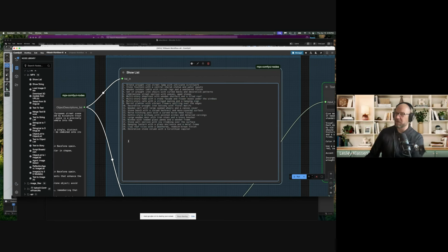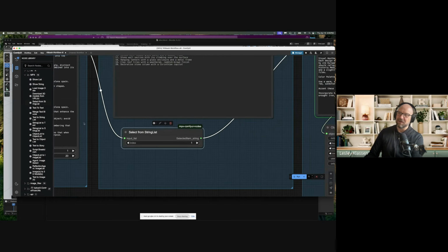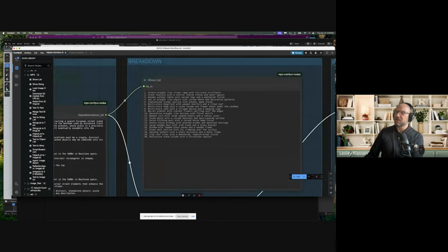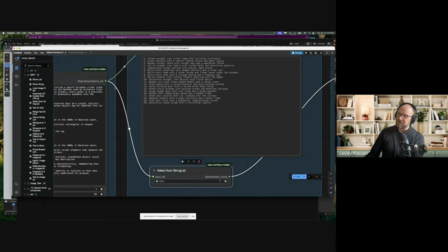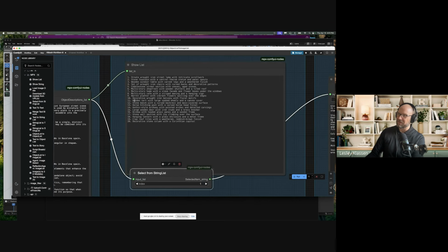bunch of things, okay? And then, remember I said earlier we have this select from string list node, and that's this node here. All we did is we said, show me the list, all the things in the list. Okay, and you can tell from the back of this, it says underscore list. And then this is a list, so you know that list to list connects, okay? I'm going to take that same list, and I want to select. Now this lets me select from one of these 20 objects so that we can work on one object at